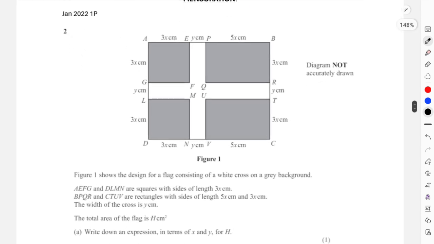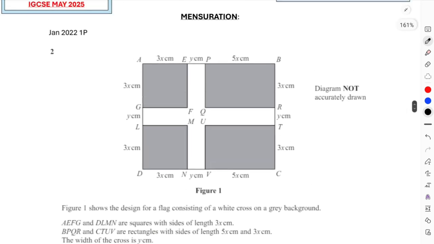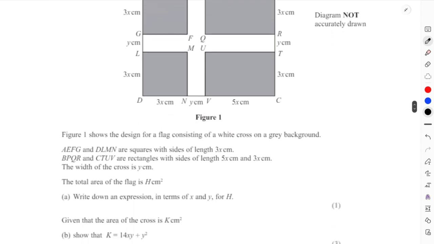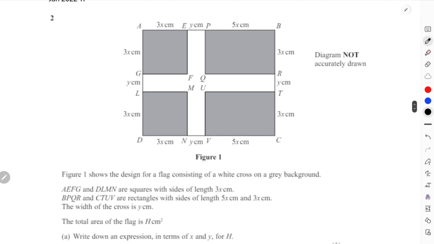Okay, for mensuration, basically they are going to use simple structures, usually pyramid or cone, cylinder, rectangle, right? These are the structures they are going to use for mensuration. So for example, this is from Jan 22 paper 1, we can see a structure. Over here it says the design of a flag consisting of a white cross on a grey background, where it is stated that AEFG and DLMN are squares